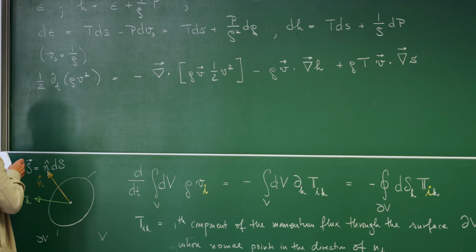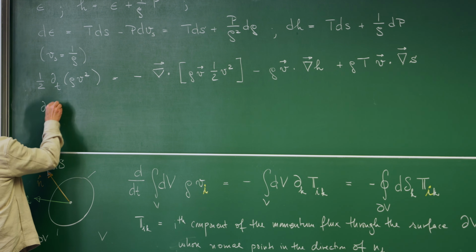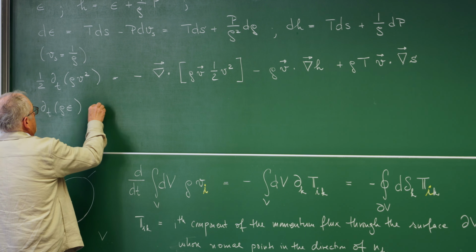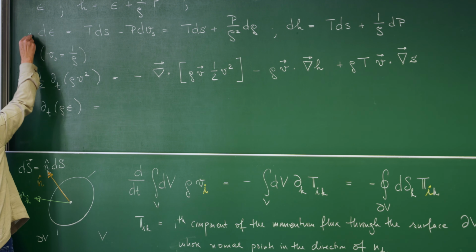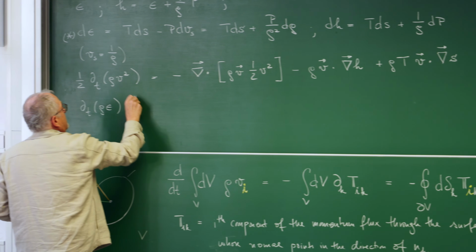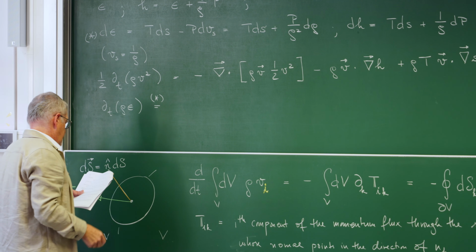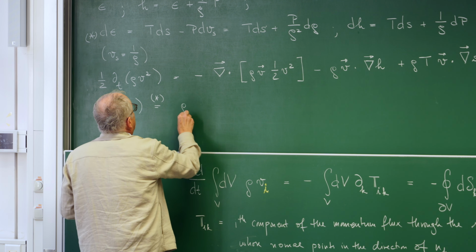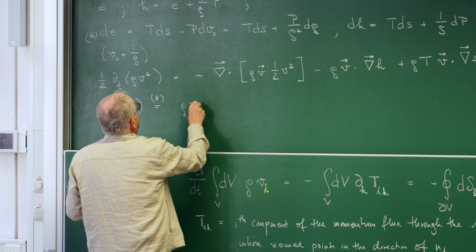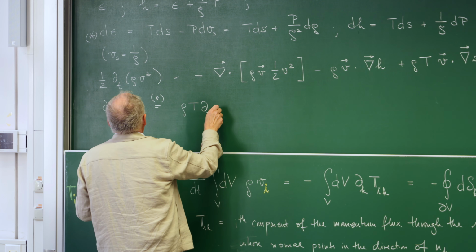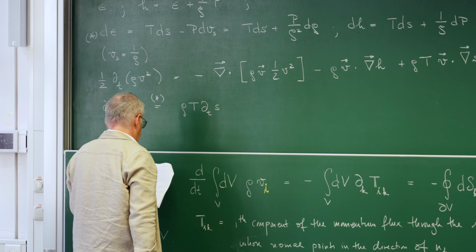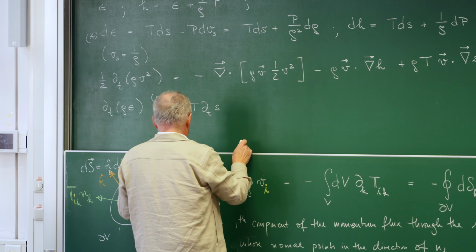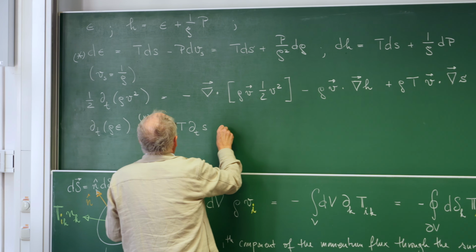Now let's look at the second term. So dt rho epsilon. I'm now using this relation here for the energy density. And with that, you get rho times T times dt s. That's the first term, so this one here. And plus